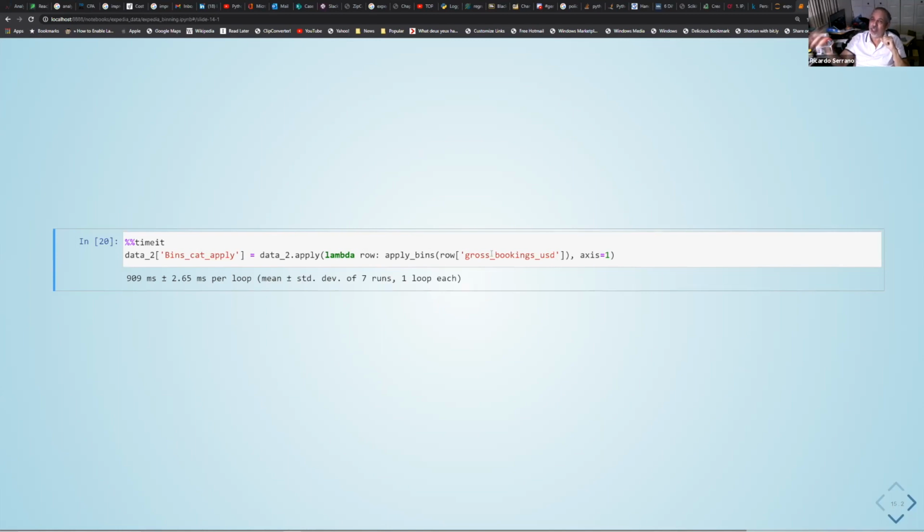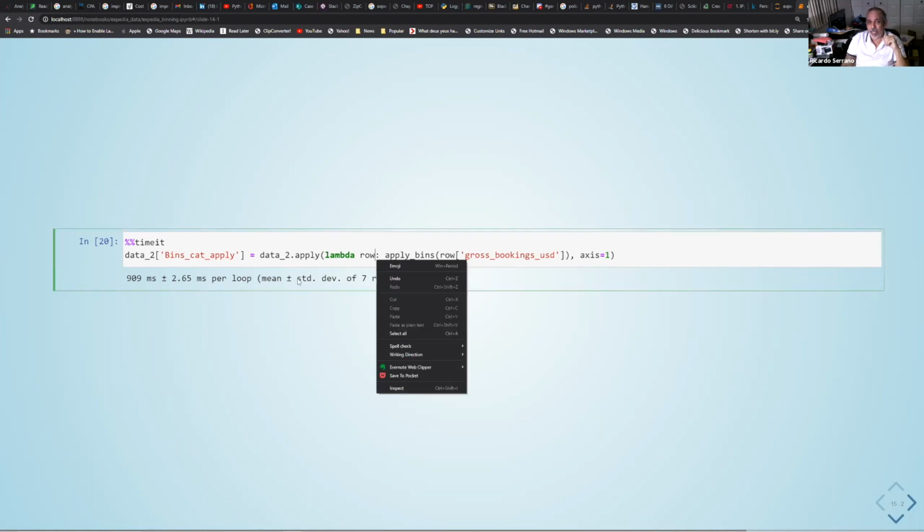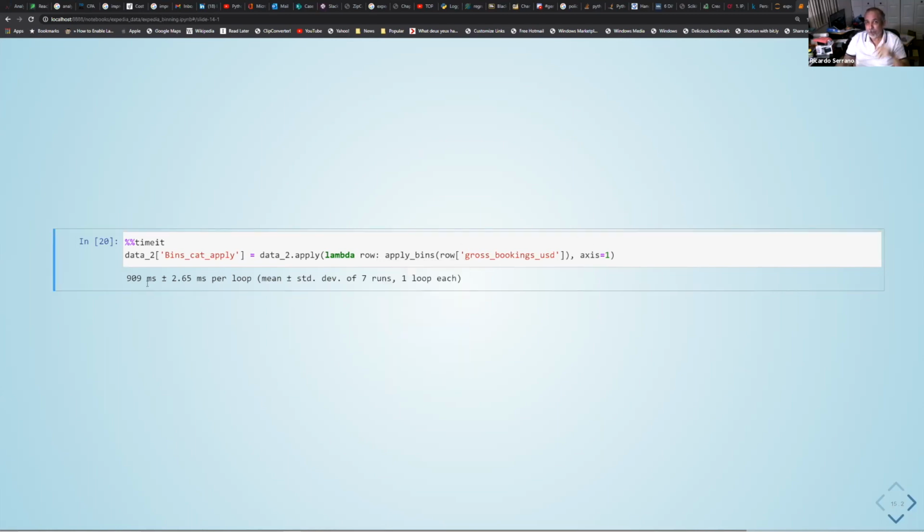In other words, it's returning that value from the rows, and then it's going to do apply bins for that value to get the category. And of course you have to mention which axis you're going to use, row or column. This time we're going to use columns. And as you can see, the improvement is dramatic.